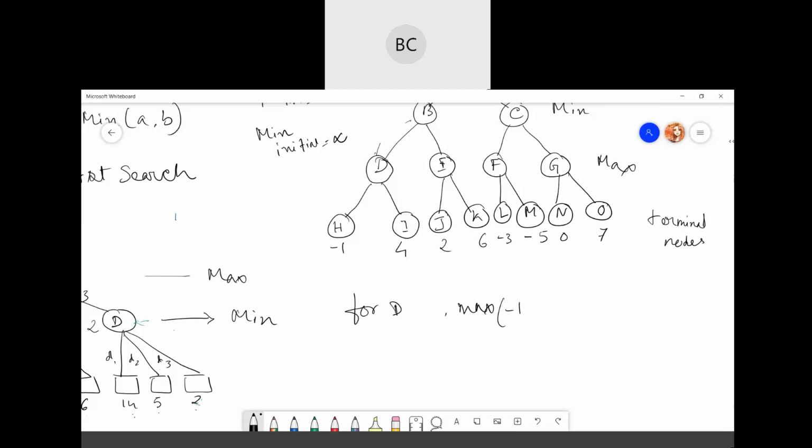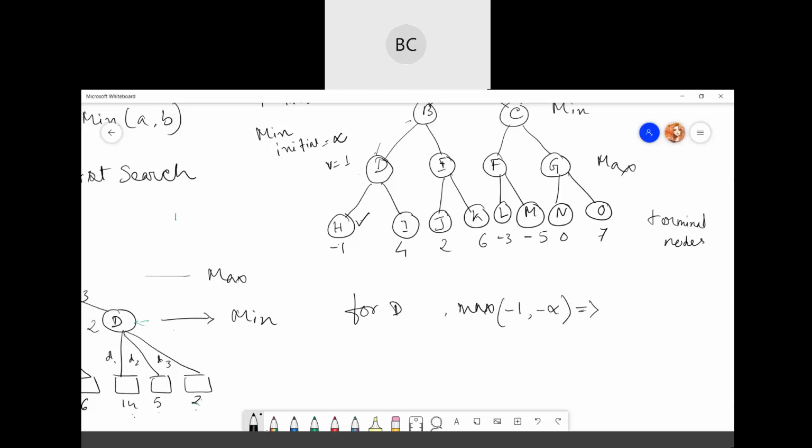One value is -1, and the initial value for max is -infinity. So the best value is -1, correct? Initially I'll check only this one. At this moment the value is -1, so I'll take -1 since it is higher. Now you will compare -1 and alpha. So -1 is higher, so I can say this value is -1 now.